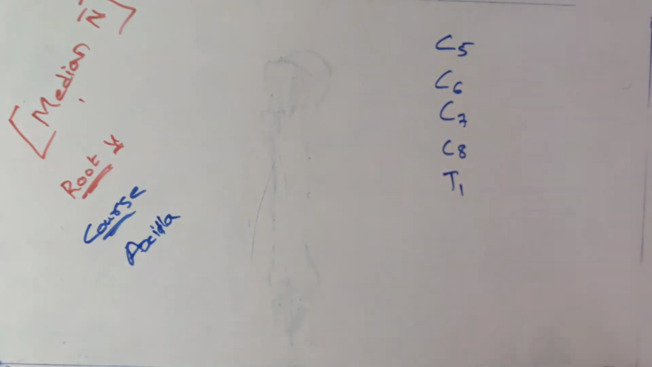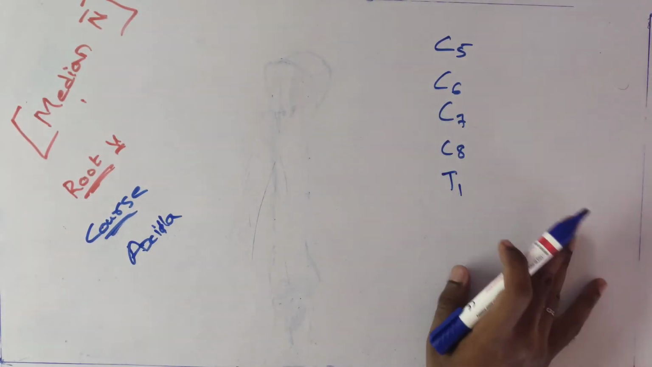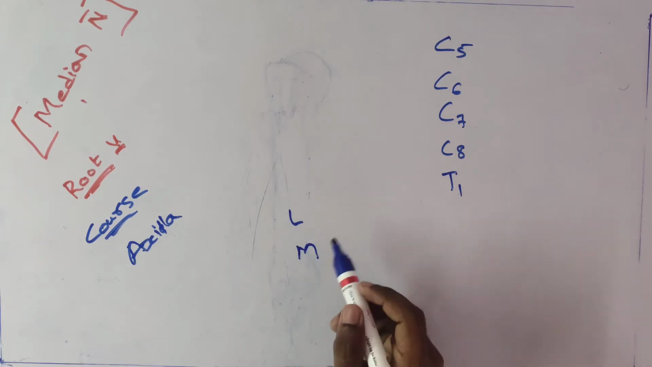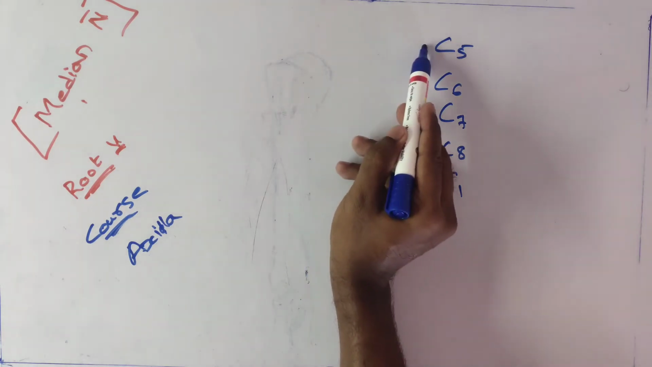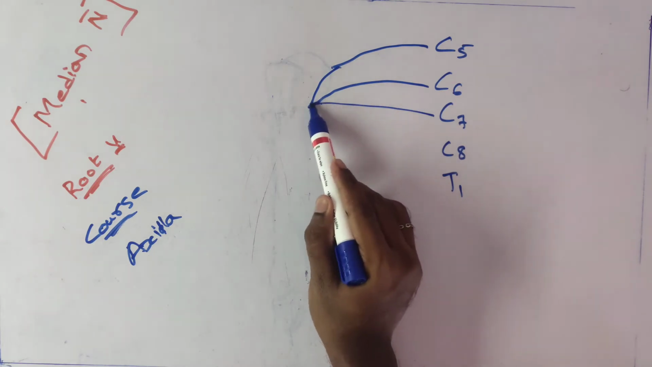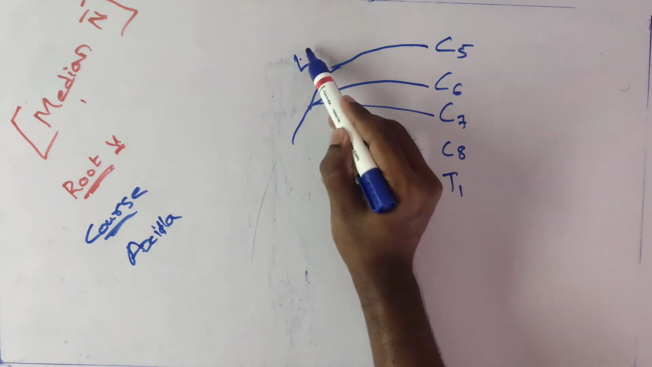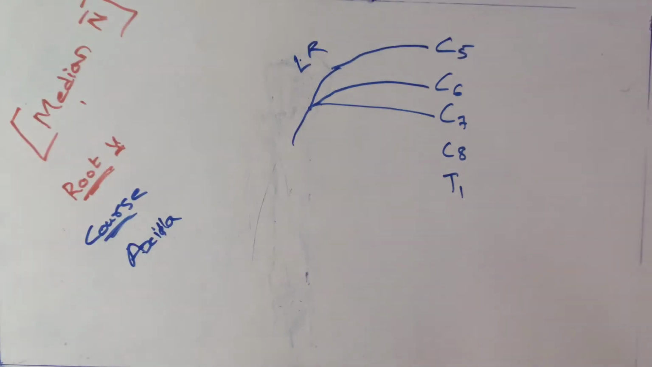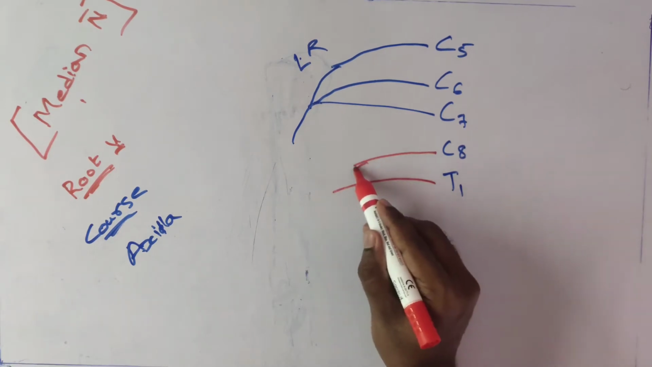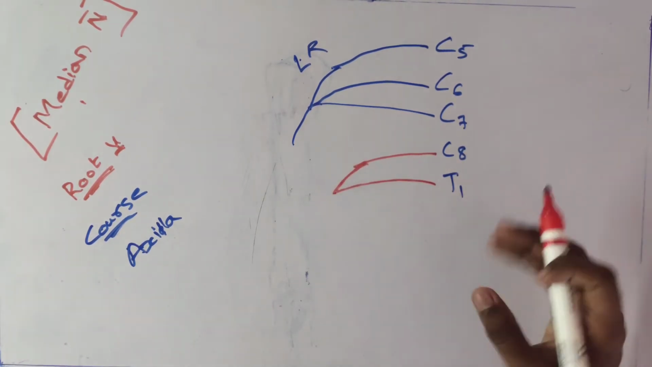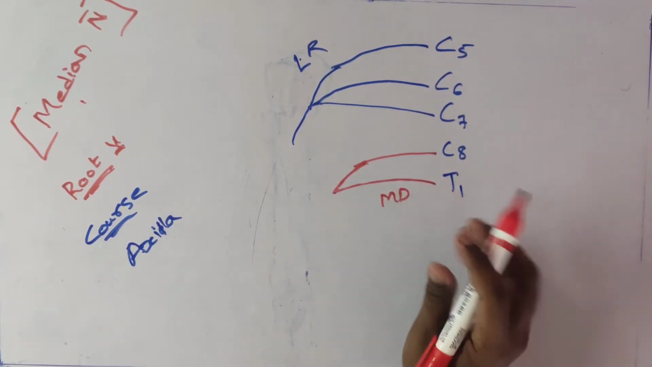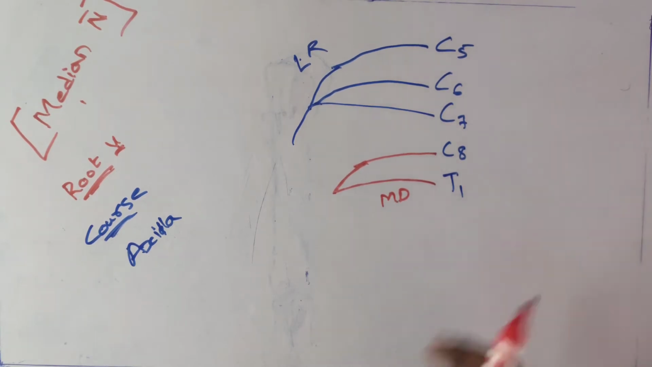So the median nerve in the axilla is divided into 2 parts. One is lateral root of lateral cord, one is medial root of medial cord. In the lateral cord, C5, C6 and C7 are involved in the lateral root of lateral cord, and now coming to the medial root of medial cord, C8 and T1. These segments are separated into lateral cord as well as medial cord. Okay, this is the brachial plexus, and